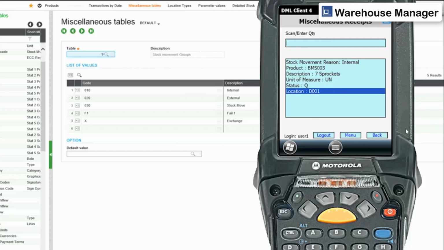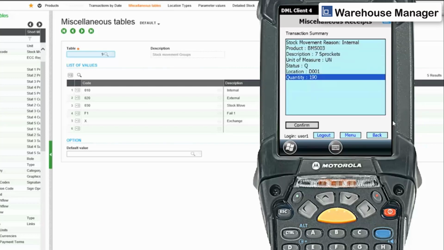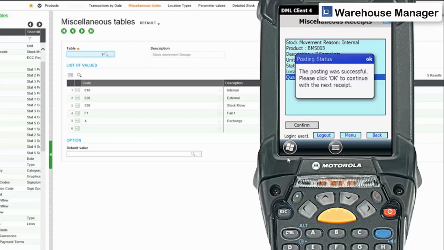Okay, now it's asking me for the quantity that I'm receiving. So the quantity is the physical quantity of units. You can see the unit of measure also being shown on the screen here. So in this case it's units. So I'm going to enter 190, that's the quantity that's on the delivery, and that's what's being brought in. Okay, once we're happy with that, we can confirm up on the handheld, and that's done the transaction,